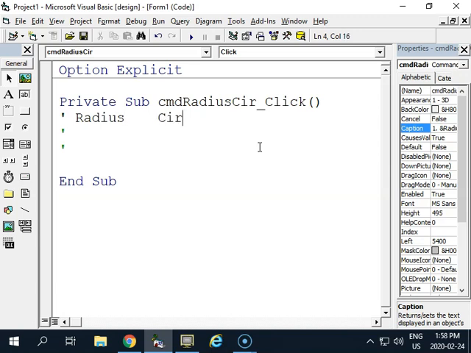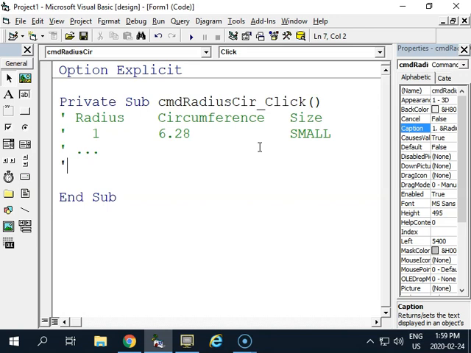Radius, circumference, and size. First one, we have radius of 1 with a circumference of 6.28 and a size of small. More numbers ranging from 1 to 20, and we finish off with number 20 with a size of large. And you may remember